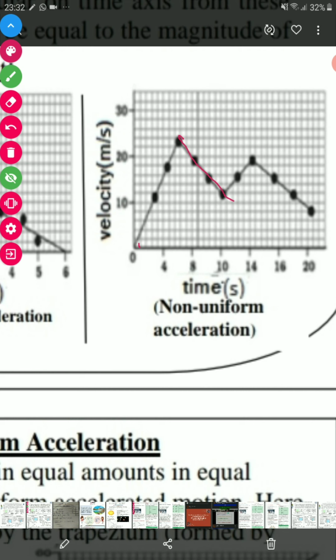If we get less traffic, then our vehicle gets increased velocity, then again decreases. Starting here we have increased velocity, then decrease, then increase, then decrease. So this is a kind of graph which is non-uniform in nature, and this is called non-uniform acceleration. Sometimes it increases, sometimes it decreases. Okay, so students,